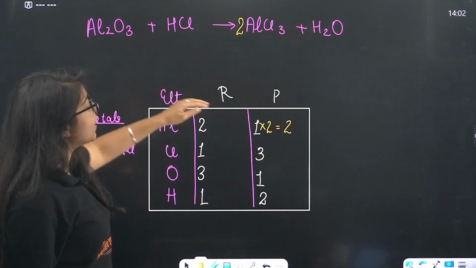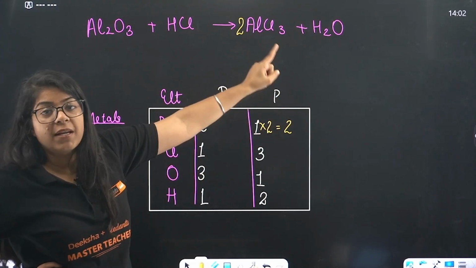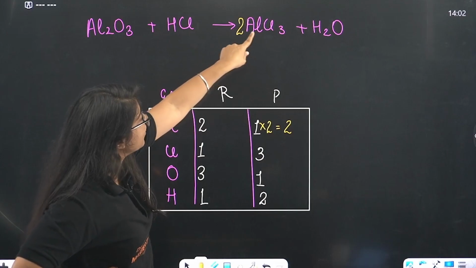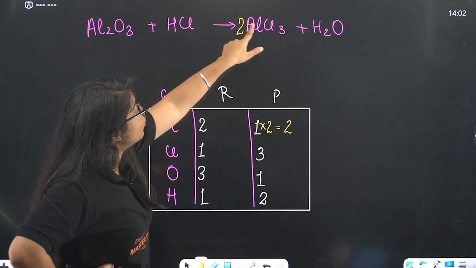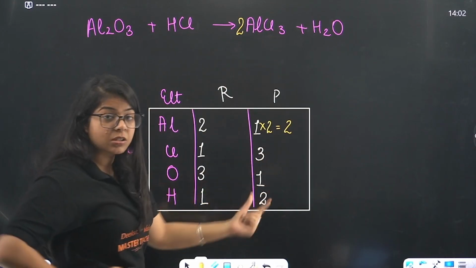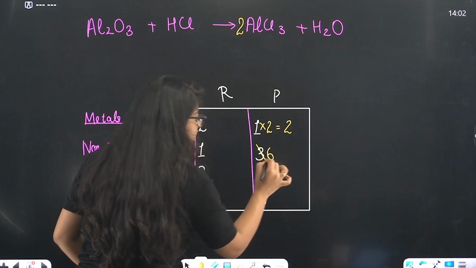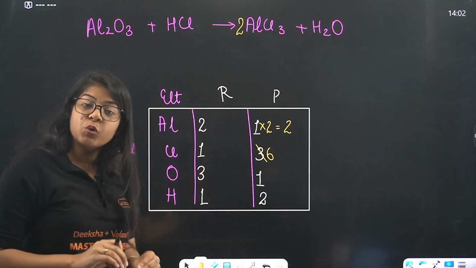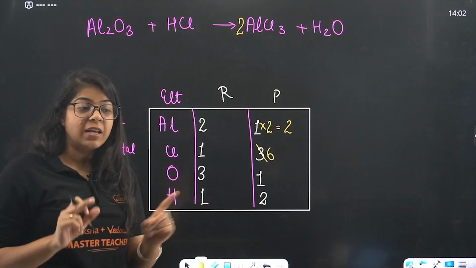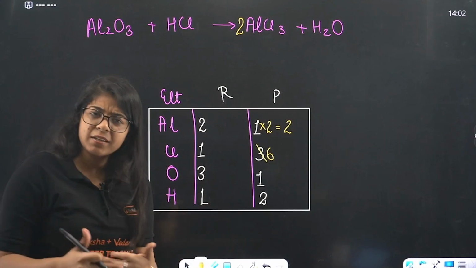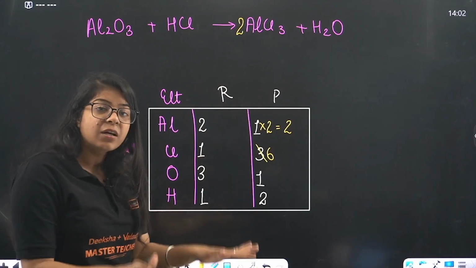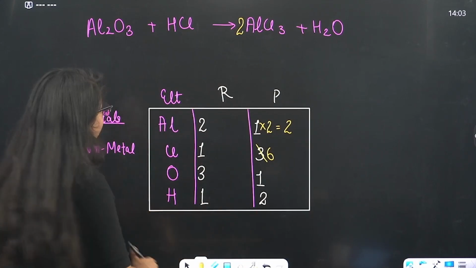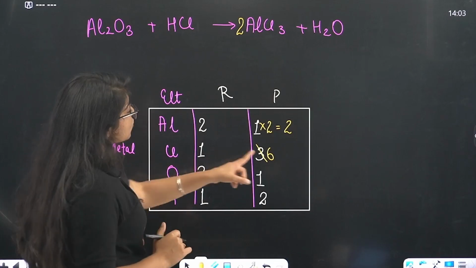But every time you balance something, check if you have unbalanced something else. Now, in trying to balance aluminium, we unbalanced chlorine. 2 into 3, 6. Earlier it was just 3. Now it is 6. Understood? Try to do it with different colors of pen as well, just like I am doing in the starting. After that, you get a habit, you learn it, then go to the normal pens. Okay? So, chlorine is 1, chlorine is 6.